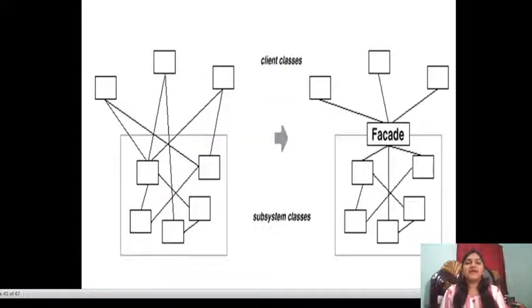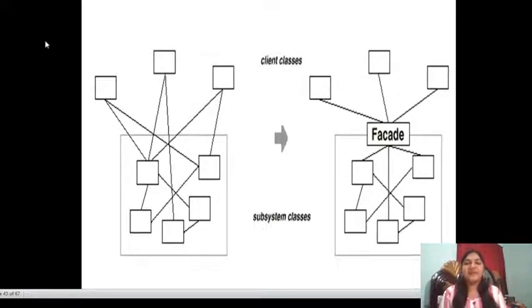Next, coming to the diagram, here I am taking one subsystem of classes and client classes. This facade acts as a user interface, or an interface, to the subsystem classes, and those three are client classes. The main goal of the facade pattern is to reduce complexity.